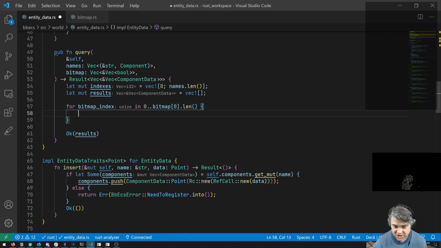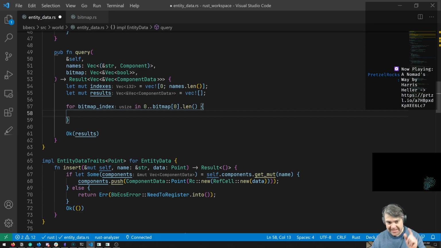Then I can manually check inside of the bitmap and inside of like the names and everything else using this bitmap index. So if all of the things are the same, if they're all true in the bitmap,